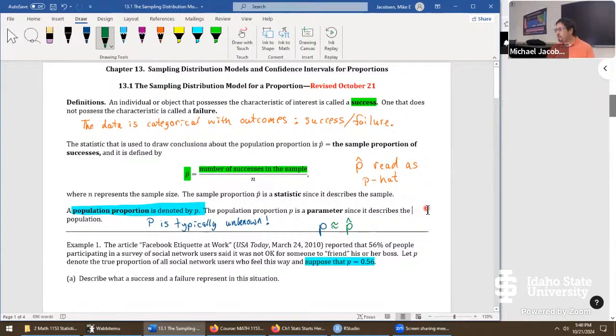But by the way, when you read through all of this, one thing that's really critical about these problems is calculating p hat. And when you do that, you have to say what the number of successes is in the sample. But in the very first place, we need to know what is a success. Any volunteers for saying what the success would be in this example?